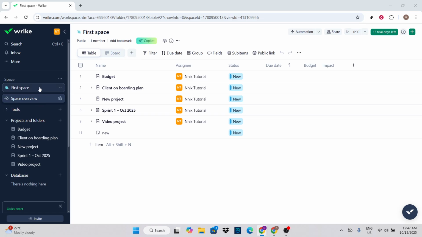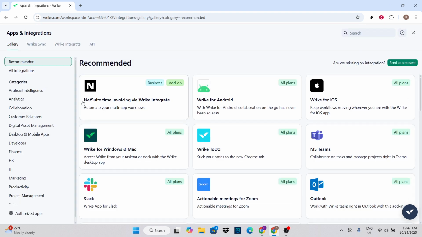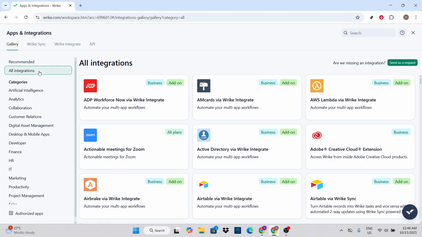Once you're on the dashboard, look to the upper right corner where you'll find your profile icon. Go ahead and click on it. This will reveal a drop-down menu with various account settings options. Here, we want to select the Apps and Integrations option. Clicking this will take you to the Integration section, where you can manage existing connections or add new ones to